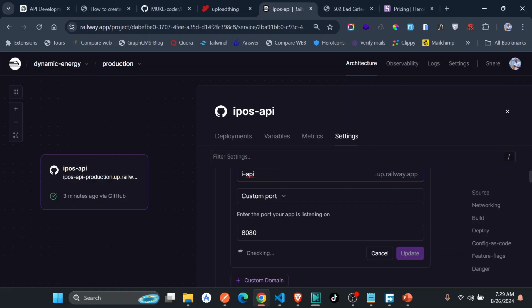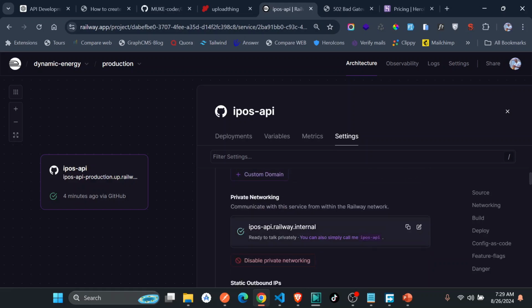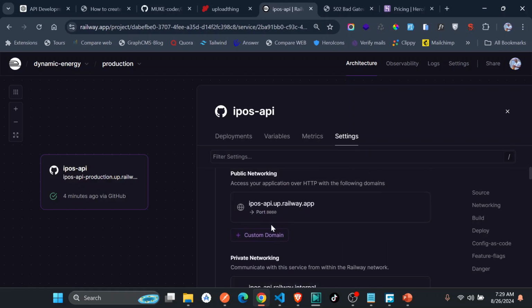How about the IPOS? IPOS. Okay, so this one is actually available, the IPOS API is there. Now, I'm not sure if I'm supposed to change the port, because if I just like, I will just go ahead, first of all, update this. And then for the port,